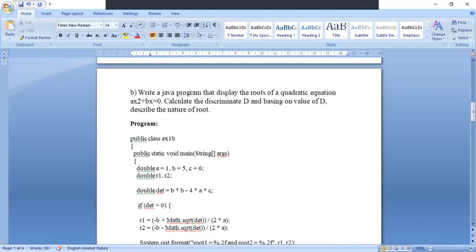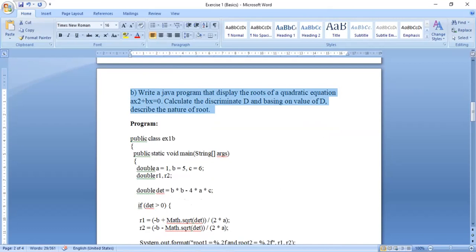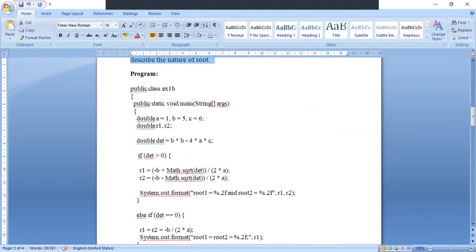Coming to the second program in exercise 1: write a Java program that displays the roots of a quadratic equation ax square plus bx plus c equal to 0, calculate the determinant d, and based on the value of d, describe the nature of the roots.